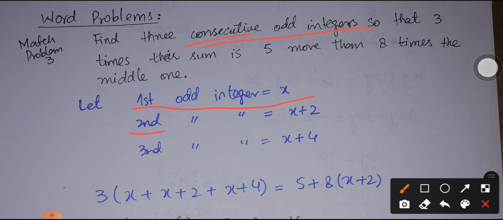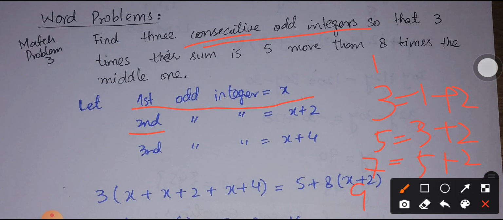So we know that the odd integers start from 1, 1, 3, 5, 7, 9, and so on. Now we can see that 3 can be obtained if I add 2 to the previous odd number. Similarly, 5 will be equal to 3 plus 2. Similarly, 7 will be equal to 5 plus 2, and 9 will be equal to 7 plus 2. That is, if you want to get the next odd integer, we have to add 2 to the previous number.